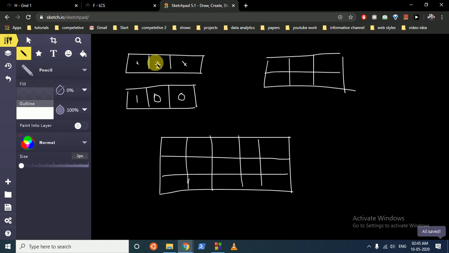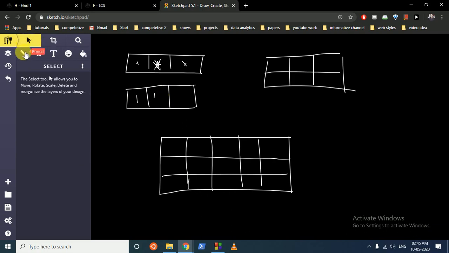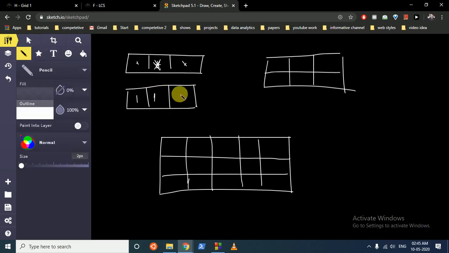But if there is no hash here, there is no wall, so you can go to the right and the answer will be 1 and 1. So what you will do is, if only one row is there, you will check whether there is a wall. If there is, just make it 0. If there is no wall, write the number which is to the left of it. If that is 0, it will turn out to be 0 again. Okay, so that is one observation.